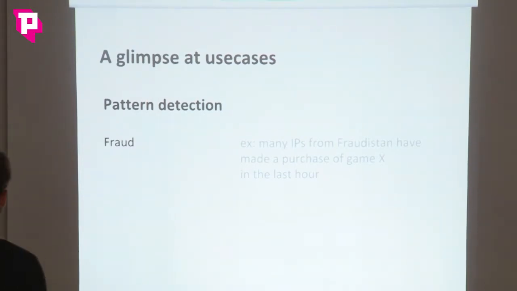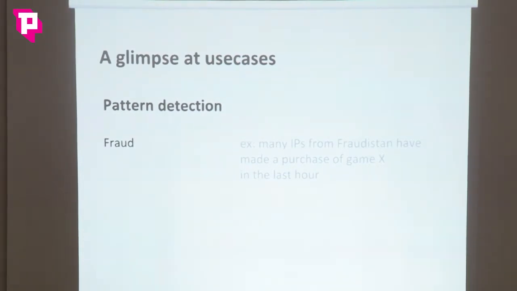Pattern detection. Let's say you're an e-commerce website, you sell video games, and you are of course very concerned with fraud. Because when your game keys are blacklisted, you cannot reuse them, so it's a big waste of money. So let's say there is this fictional country called Fraudistan. They almost never buy any games, like 5 games every week. And all of a sudden, GTA 5 is out, and they all buy, like, 1,000 purchases per minute, and you're like, oh man, what is going on? How do they do that?